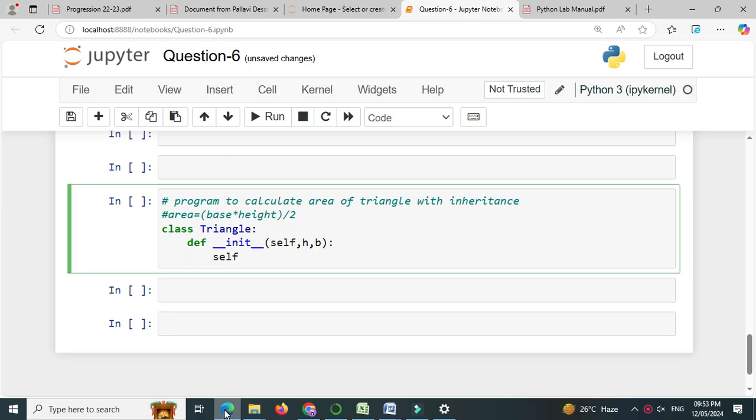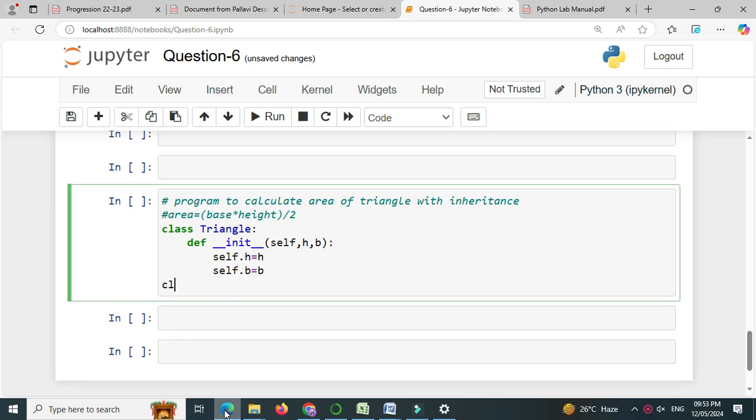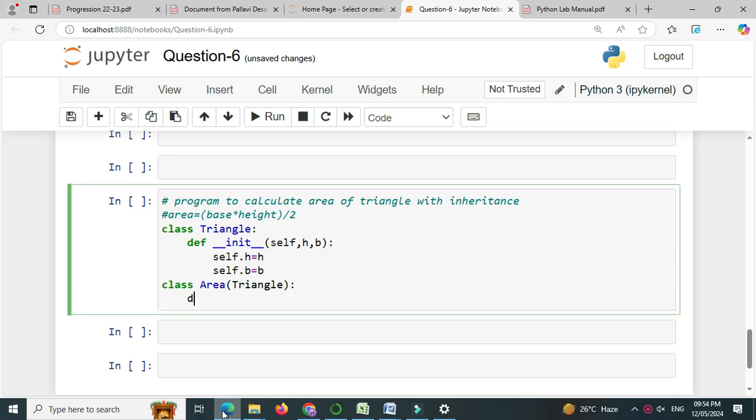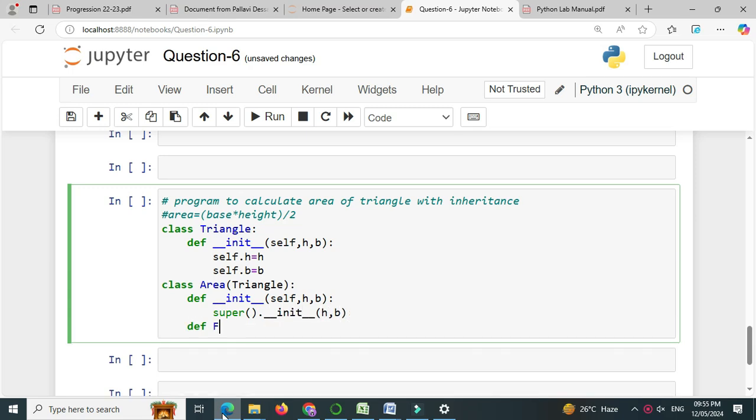Then we will assign self.h equal to h and self.b equal to b. Then we will define another class area which inherits triangle. Here also we will define constructor with self, h, b and we will get value of h and b from the triangle class using super keyword. So super dot init h comma b and then we will define method find area with self keyword